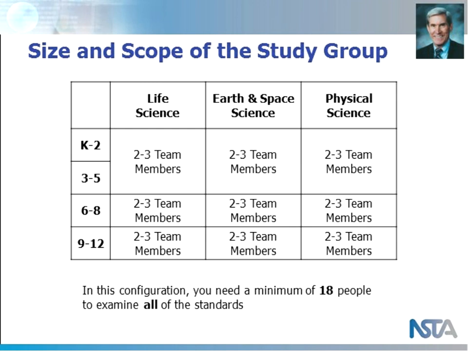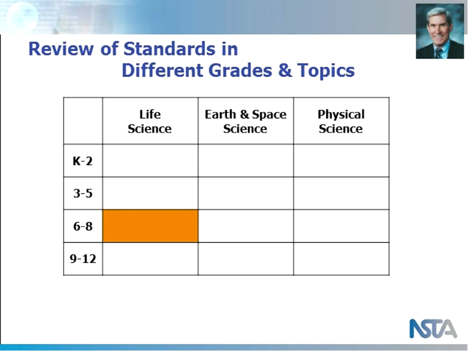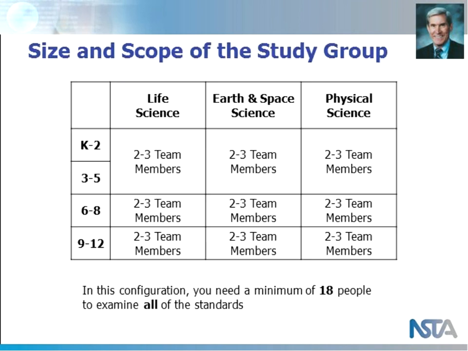If you then take these and think about the more comprehensive way to view it, which is really following this model, and being comprehensive across the entire document, you'll see that if you use a minimum, and we suggest that you do at least 2 members in each of these cells, each of these groups, but it could be as many as 3 or possibly more. But if you did a minimum of 2, it would take 18 people following this particular model of how to organize your team, your group.